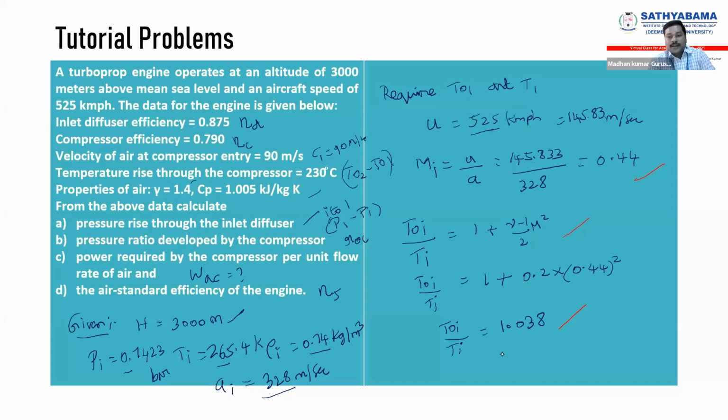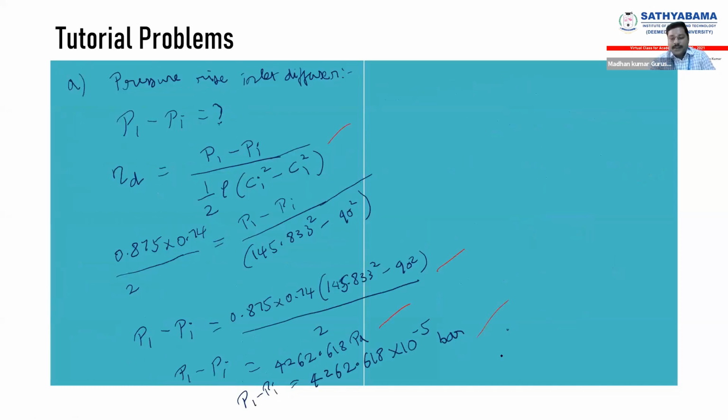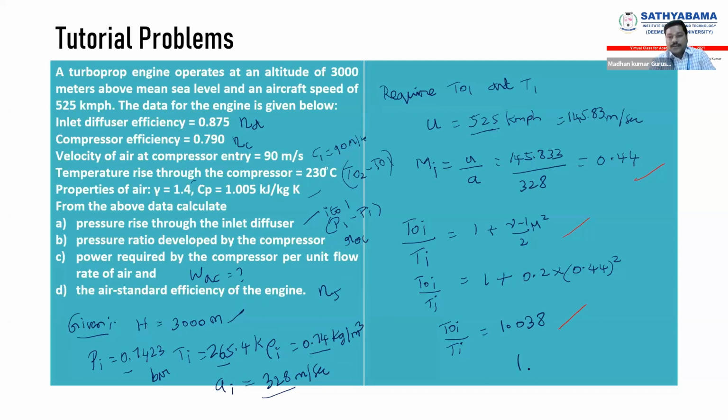What I have been told already is about TA, right? I had a talk about TA. So this TA and T1 are said to be equal in proportion. That is 265.4 Kelvin, right? And then, 265.4 Kelvin. And then what we have to do is note down this temperature rise through